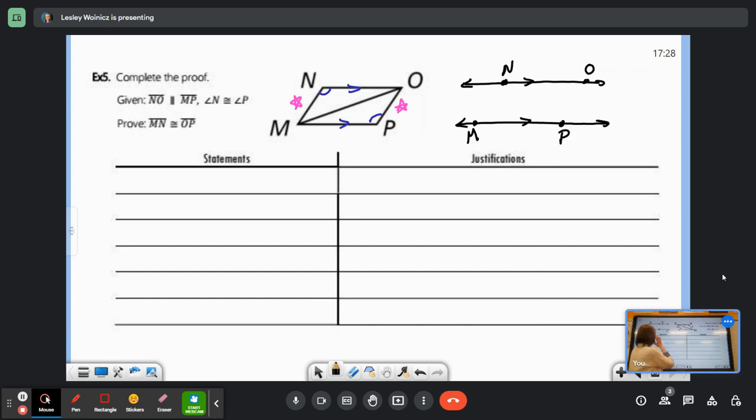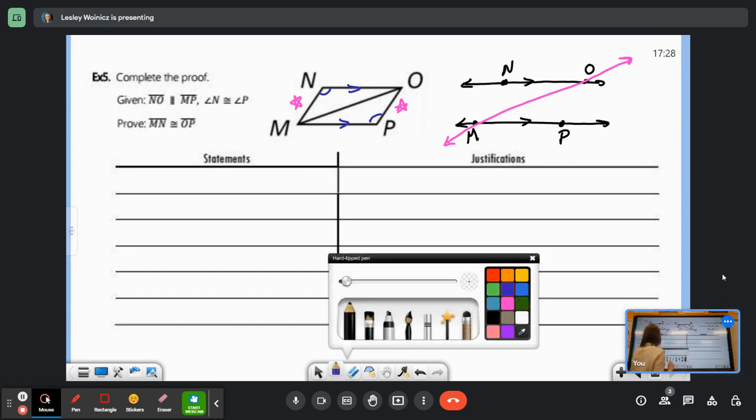Okay, so now I need my hot pink transversal. Why is it hot pink? Because I'm the one drawing it. Now, all I did was redraw this picture with the parallel lines extended, okay? And I got rid of the pesky sides NM and OP because they were kind of messing with my world. Now I can see very clearly that in the interior of my